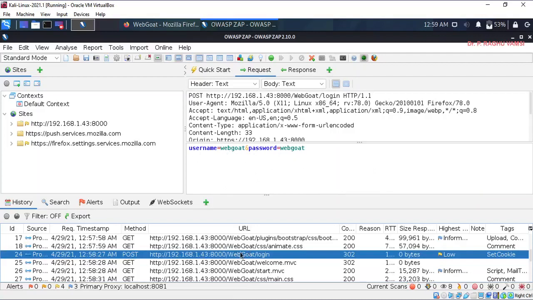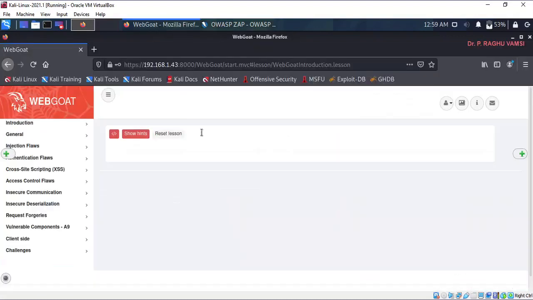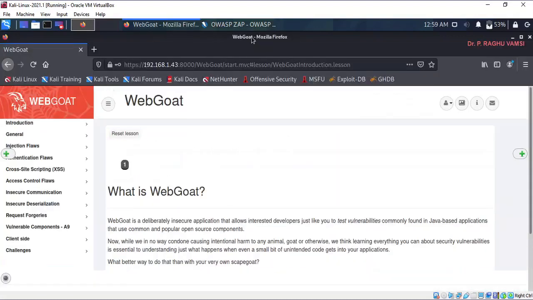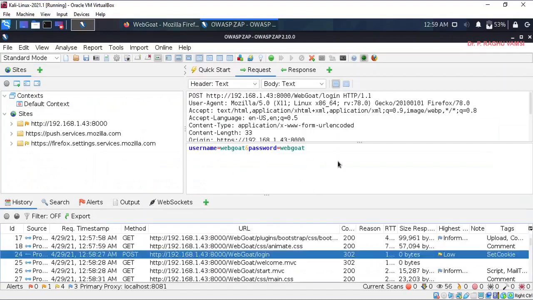The same way as you have in Burp Suite, the same thing the ZAP proxy also has. This is the way of configuring the ZAP proxy and recording the activities that we do with the browser web applications. Whatever web applications we open in the browser, we can do these particular tasks.